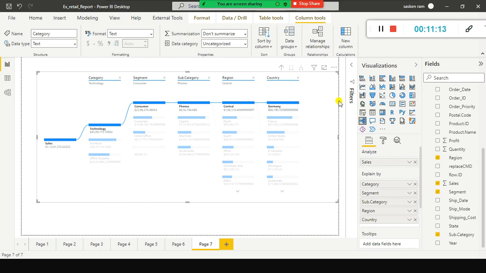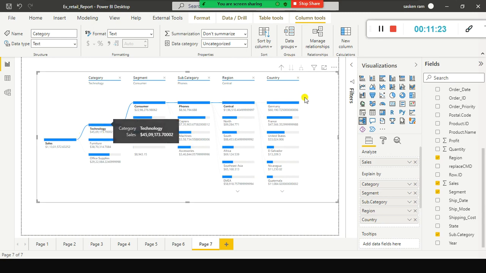It's basically a preview feature, right? So at the time of this session, I don't know, maybe in future releases they might enable this visual to be available as part of your Power BI service, and maybe they will lift all the limitations in the upcoming releases or features. This is a very cool feature.